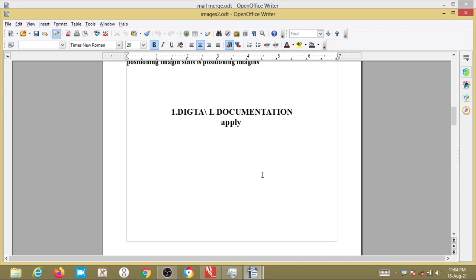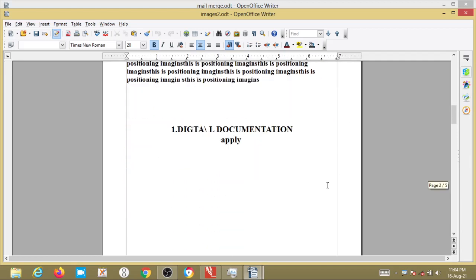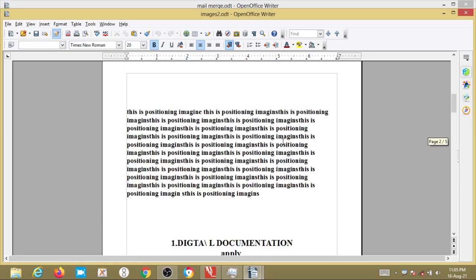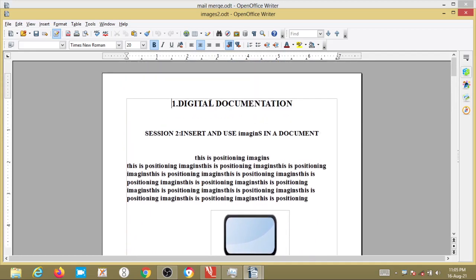For that purpose we are using a header. And if I want a page number on each page, I don't want to type 1 2 3 4 at the bottom corner every time. I also want to mention the chapter name for each page. For that purpose we are using headers and footers.